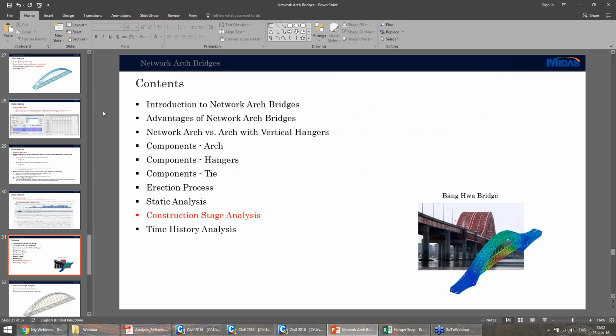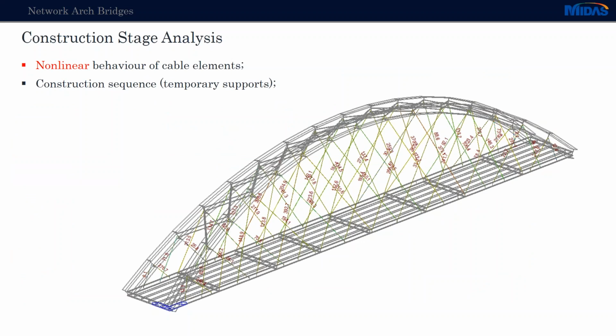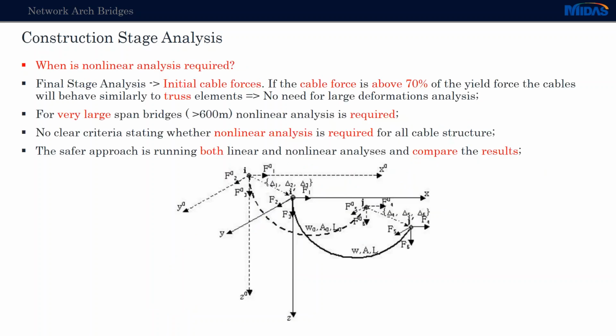Now the second type of analysis, as mentioned, is the construction stage analysis. With this, we can consider, if we want, the nonlinear behavior of the cables, and the construction stage analysis shows the construction sequence, so the actual construction of the bridge with all the temporary supports depending on the construction sequence that we choose. Now, as I've mentioned before, we can use nonlinearity of the cables in the construction stage analysis, but it is not that easy to decide if we need